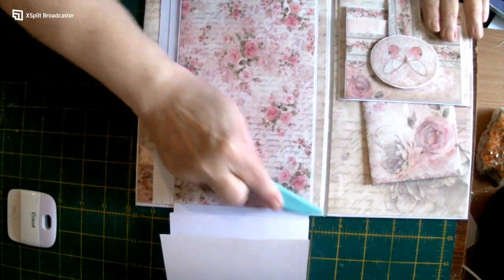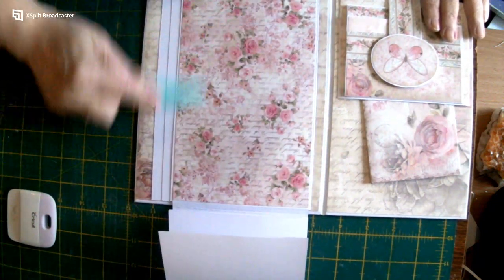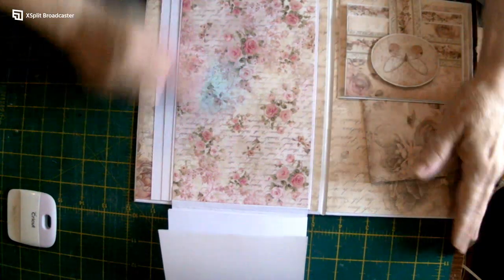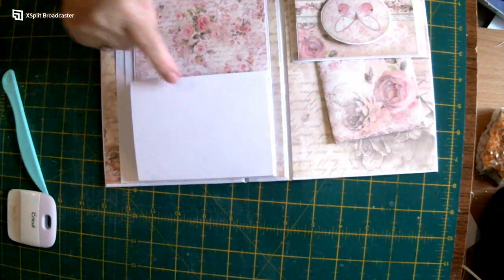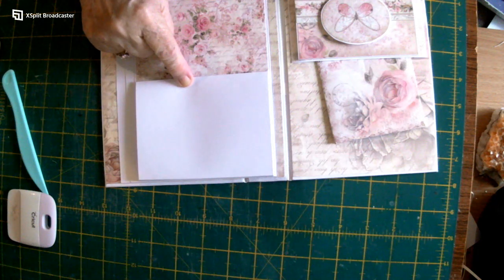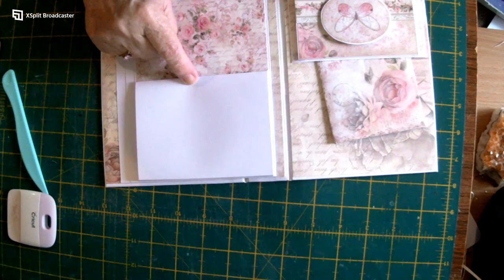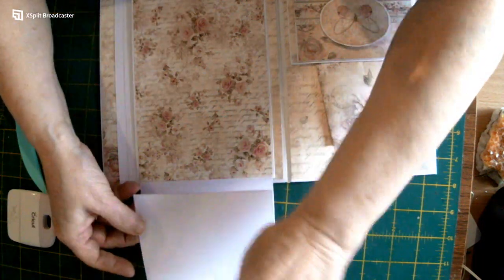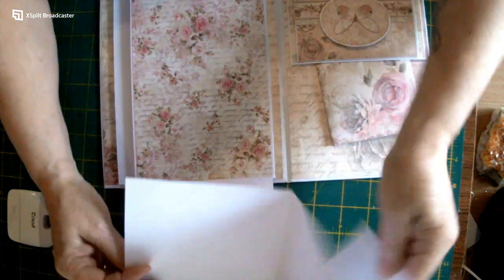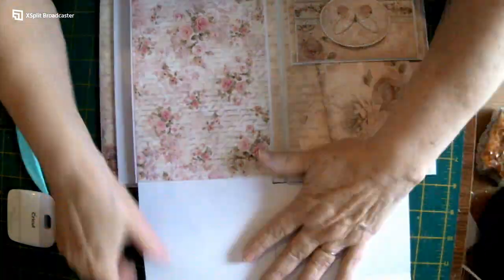Such beautiful paper. I think I might do a swing tag for this one. Let's cover it first. So it's going to go that side. It's going to be shown. So in here,